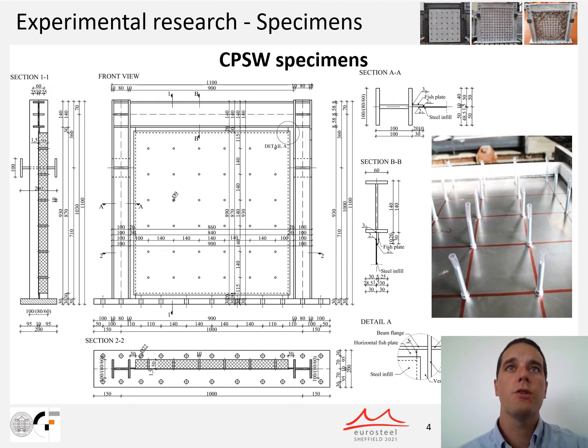Three different cross-sections of columns were used. The reference specimen had columns with a second moment of area which corresponds to the minimum value provided in building codes. Two other column cross-sections were obtained by incremental reduction of flange width, which resulted in a reduction of the second moment of area by 18 and 36% from the reference column.